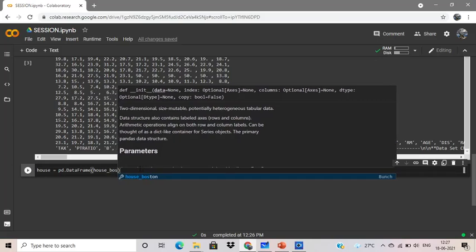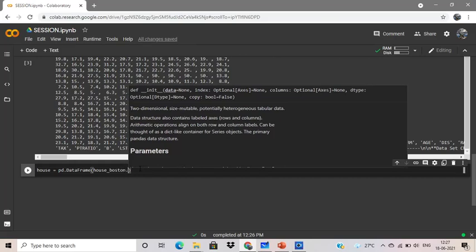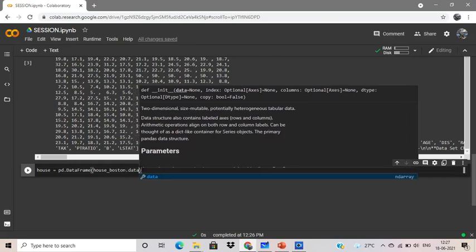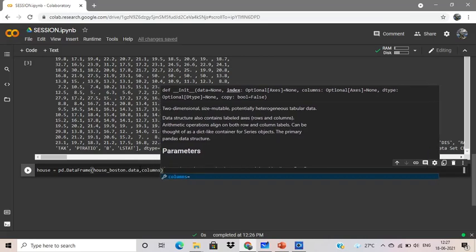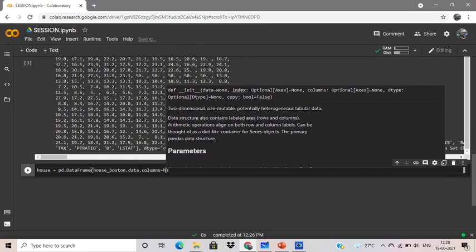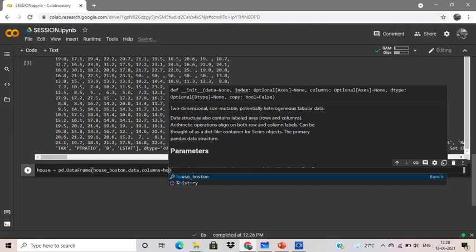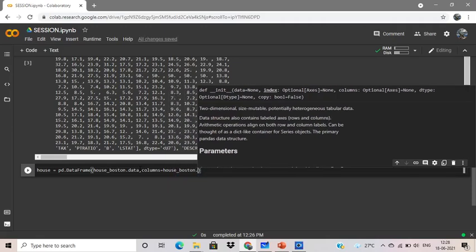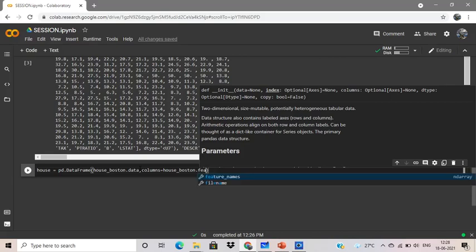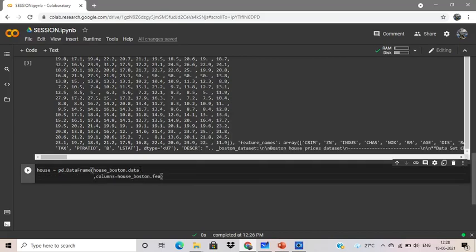House Boston, and the columns will be house Boston dot features name. Let me just put it back here.